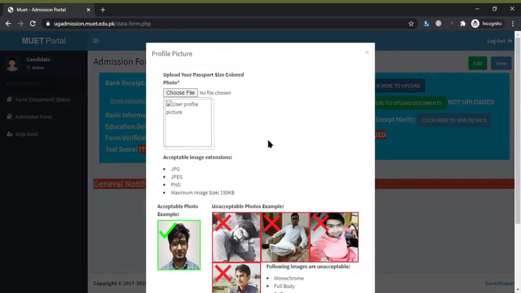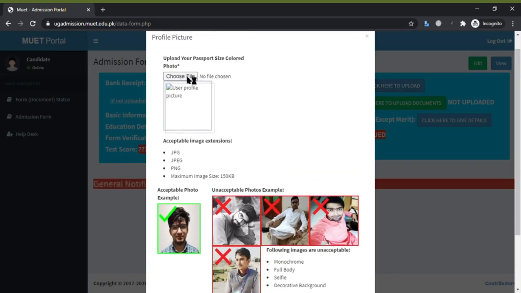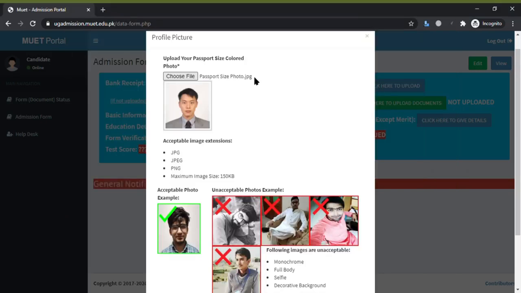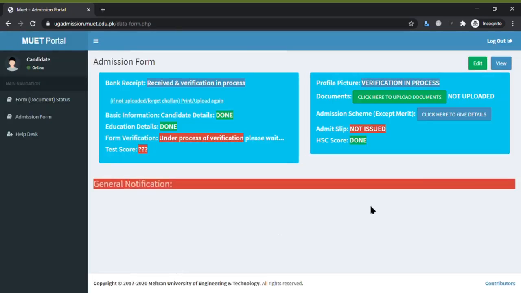Make sure your profile picture is in passport size with a white background. You can see, your profile picture has been submitted and its verification is under process.